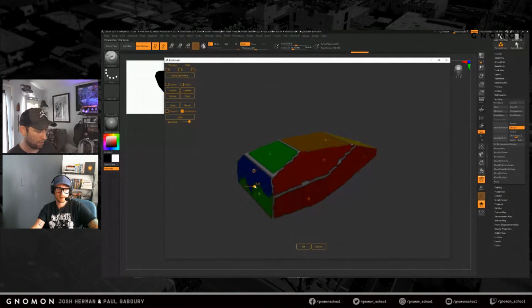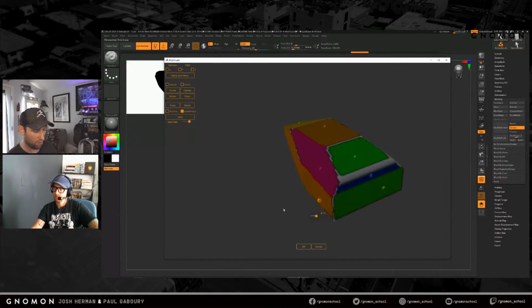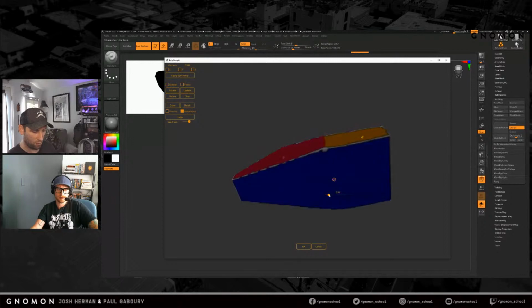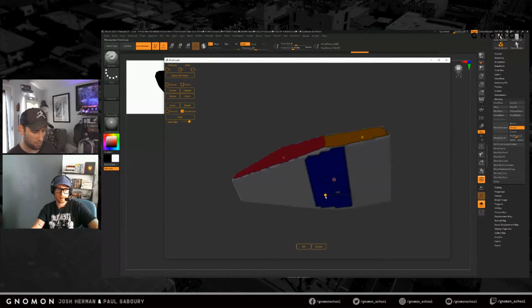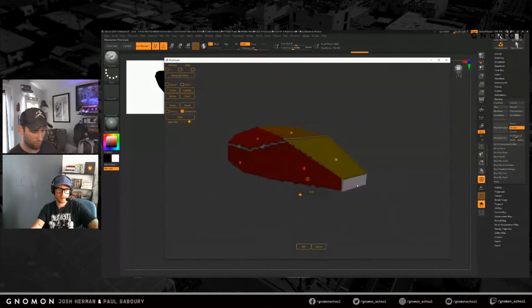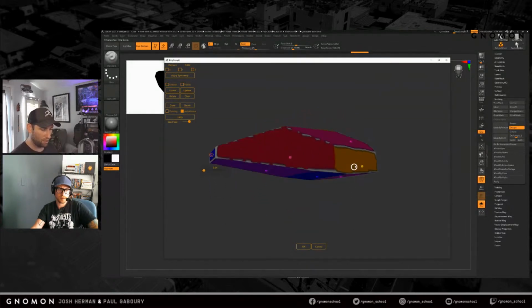I'm going to grow the blue one out a little bit more. Yeah, I'll go there, there, there. And I don't want that one to be as high. There, there. And I want to group there. We'll knock this down. And then I want one there. Change that resolution. And then there. And we need one in the front. Boom. Okay, so in essence, what I have here is a polygroup,